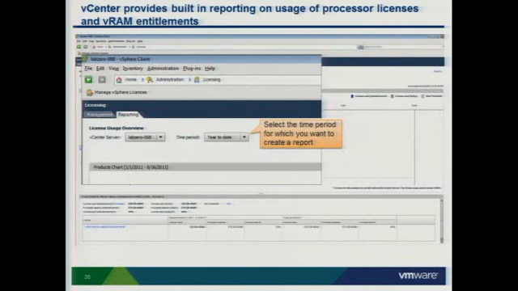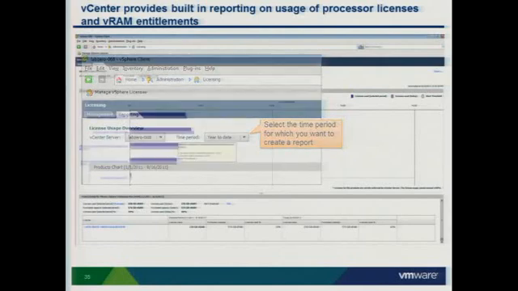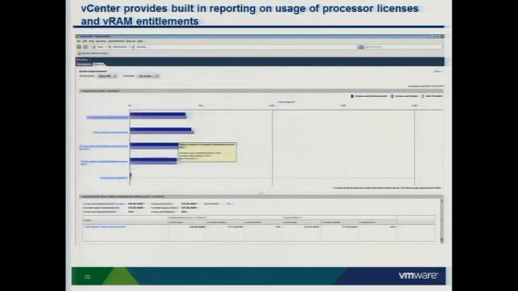On the top left corner of the tab, you have the controls to generate reports. You can select which vCenter server you want to generate the report from, and the time period, right? There is a set of predefined time periods, and it's also customizable. Once you select run the report, having selected the time period, then something like the bottom part of